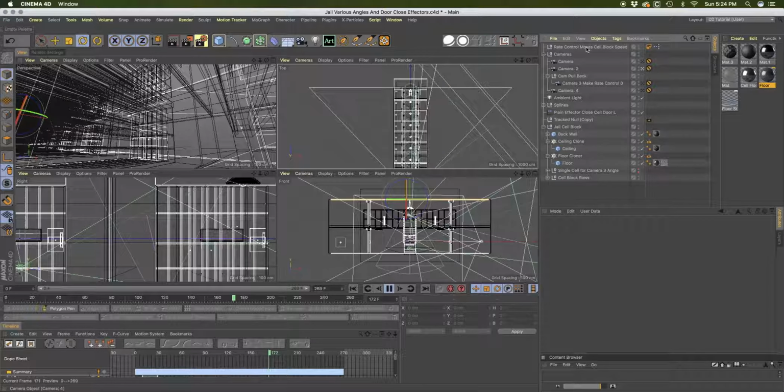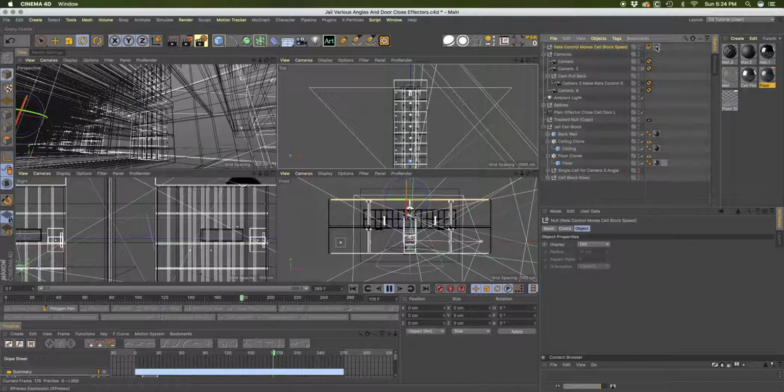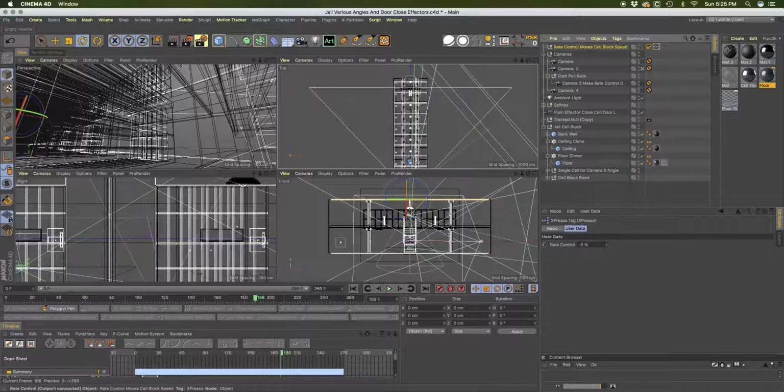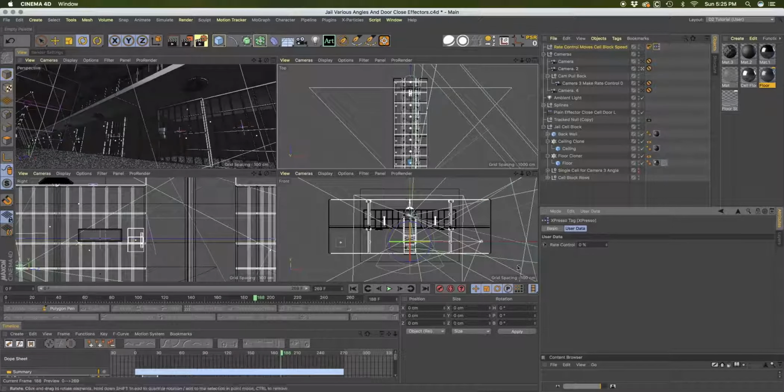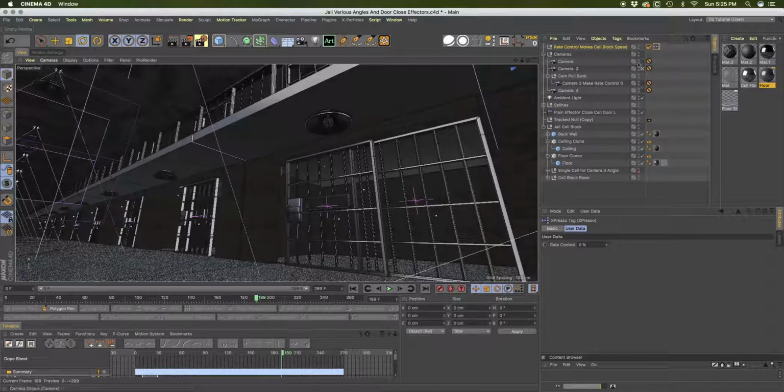So in order to change that rate, I mean, you can make it go the other way. There's this expresso tag right up here. It's set to -5 and it changes all the cloners. So -5 means it's coming at you. And then if you add plus here, you can also change it to 0 and not have it move at all. And that actually needs to happen in order for, if we go through these cameras right here,